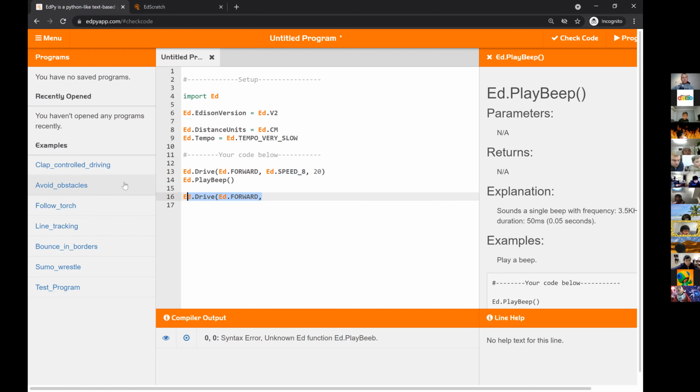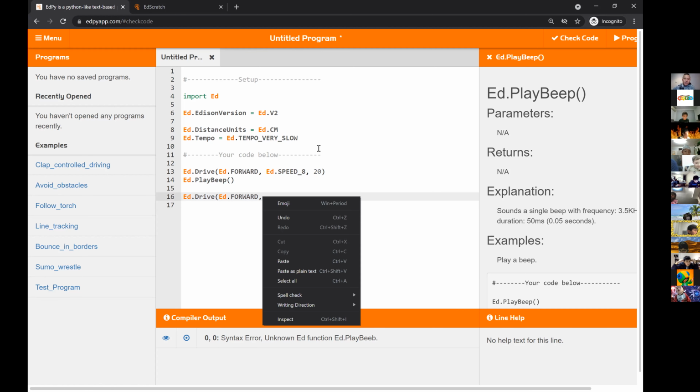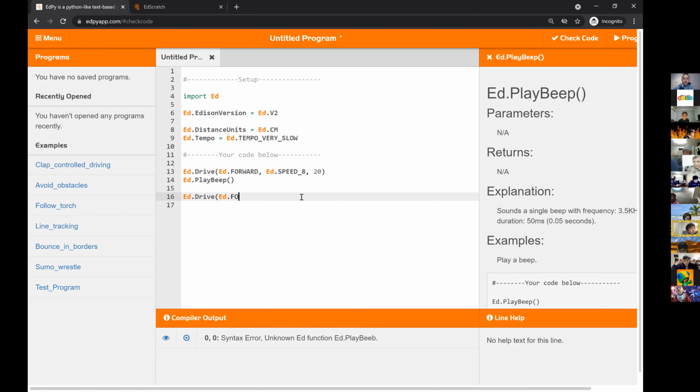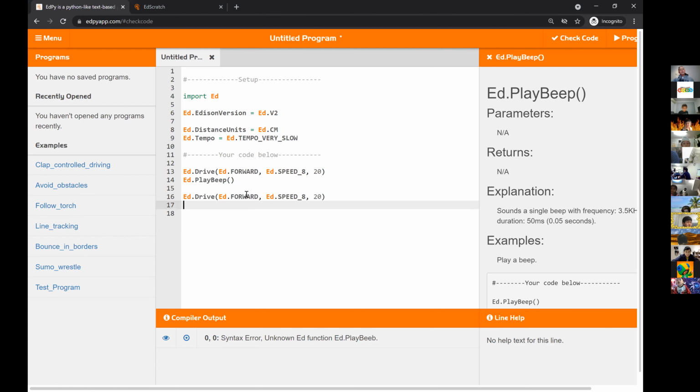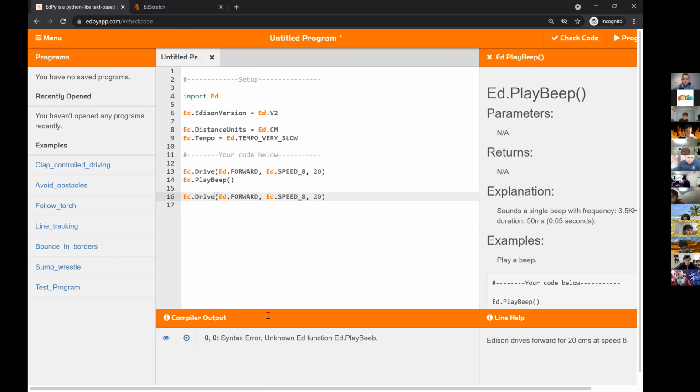So yeah, all your issues, all your errors, it's basically just a typo. So I recommend you delete everything and type everything again from scratch. If you're having issues, you can just copy my code from the chat and you can paste it in here. So yeah.